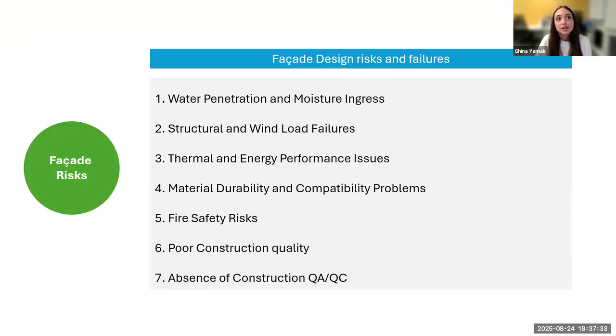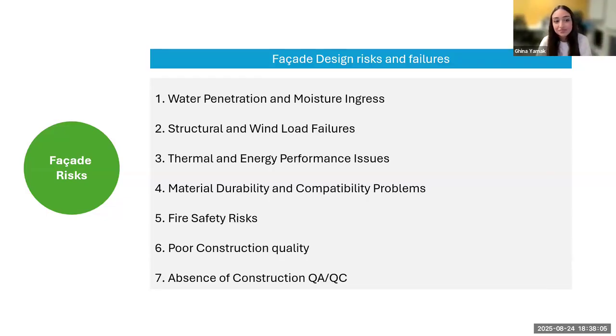means a renovation of interiors, and sometimes we need to remove the entire facade and put it again. It's not a matter of just fixing a membrane and that's it. A structural and wind load failure is another drastic failure that can happen. You see sometimes that some facade cladding panels are just falling off. And why is that? The design is not well considering the wind load